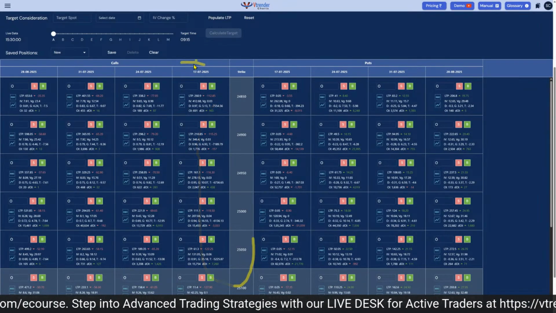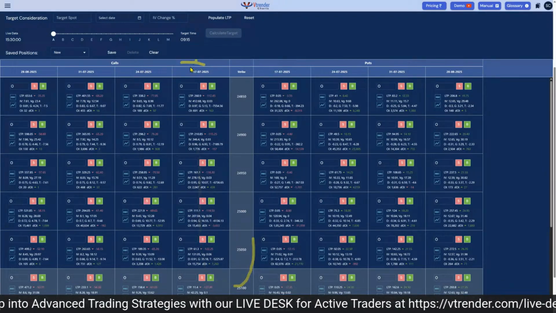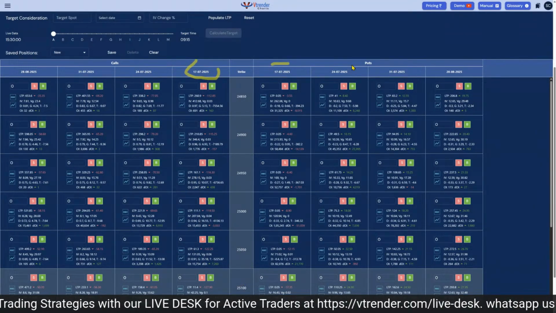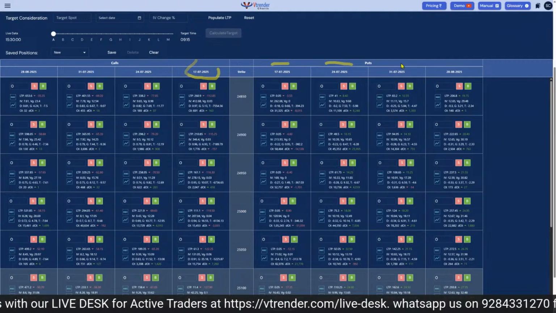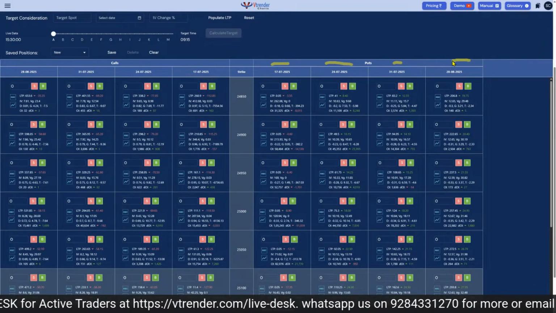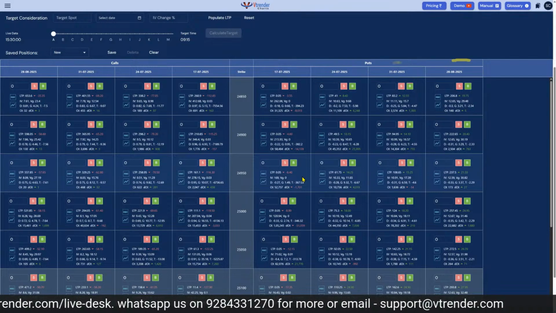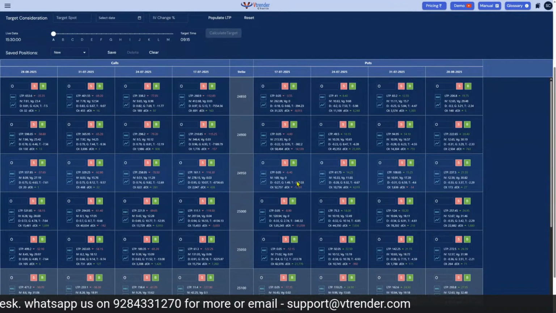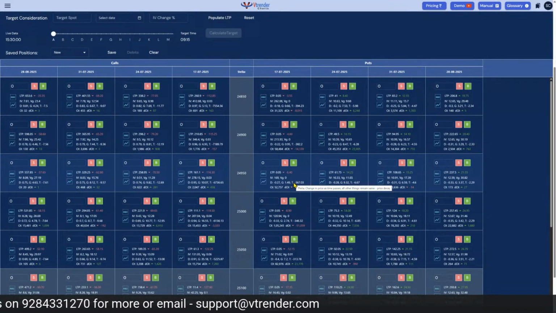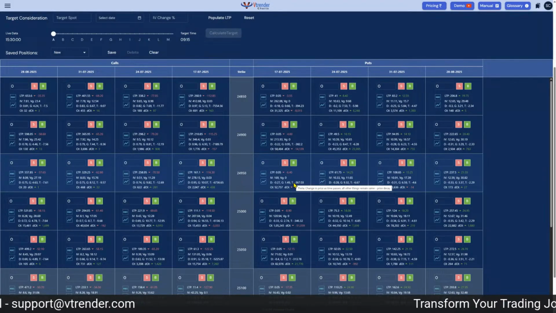The settlement date is there. The 17th of July is right here, which we traded today. The next one is 24th July, 31st July, and 28th of August is also there, right? Now, by the very nature of pricing and the role of option Greeks, you'll quickly understand that all prices are different, and it's not just because it's a different series and a different time element. The delta is also very different, right?